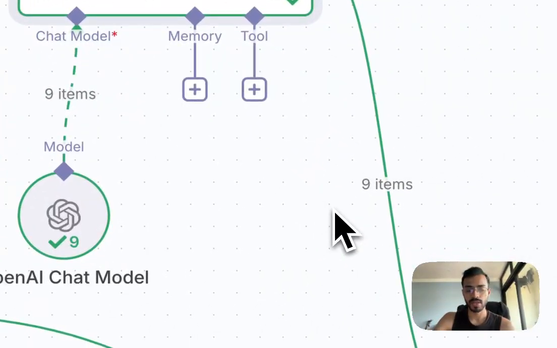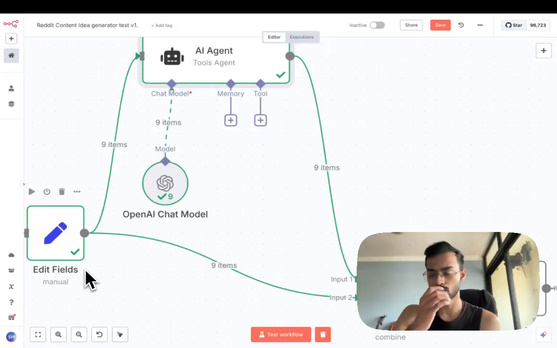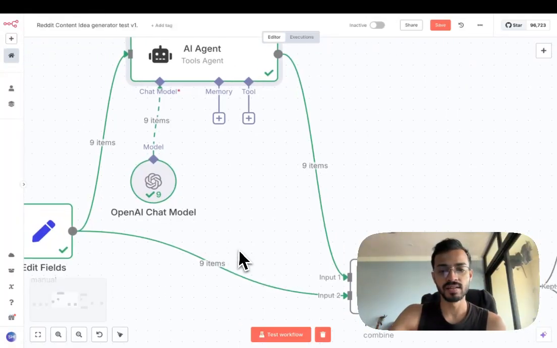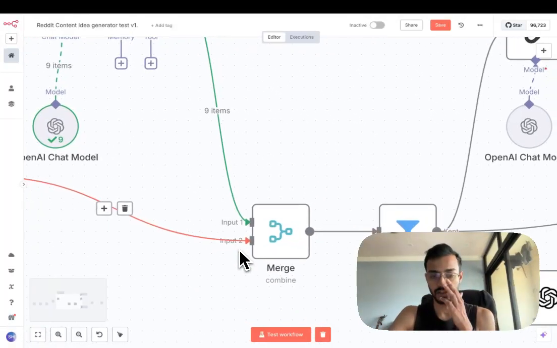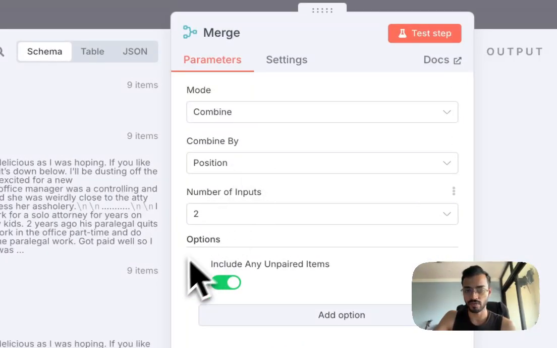And now what we want to do is take this edit fields function, which was the concise data that we were wrapping earlier, and combine that with the yes/no output of the AI agent, and merge that using this merge node right here, which is essentially combining the two of them.